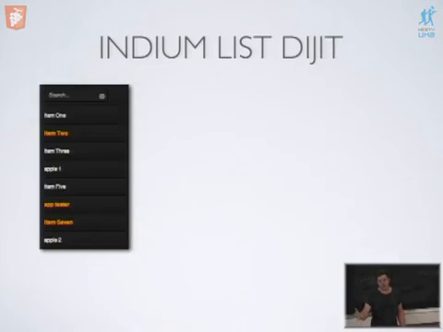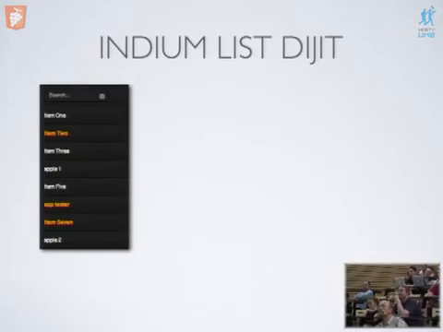There's one key component, in my opinion, that's missing from Dojo, and it's a decent list. We have a grid, we have the D grid, you have drop-downs, you have menus, you have calendars. There's no list. So I created this list for my clients. Doesn't look that exciting. It's just black and orange, which is our style guide. But sitting under that, we have an observable store. So there is a data store sitting behind that widget, and when the data updates on the widget,